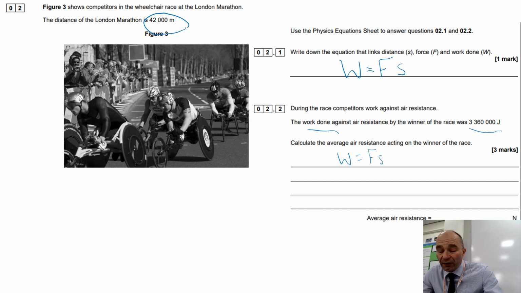Work done is force times distance. Well, we've got the work done value, so we'll substitute that in. So quite a big number. Force, F, is what we need to find. And that's going to be multiplied by the distance, which is 42,000 meters. We now need to make the force the subject of the equation. We need to divide both sides by 42,000. That is going to give us F equals